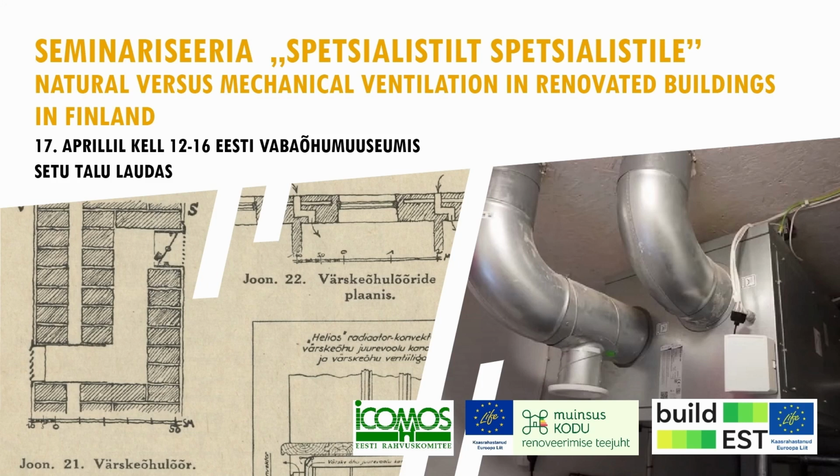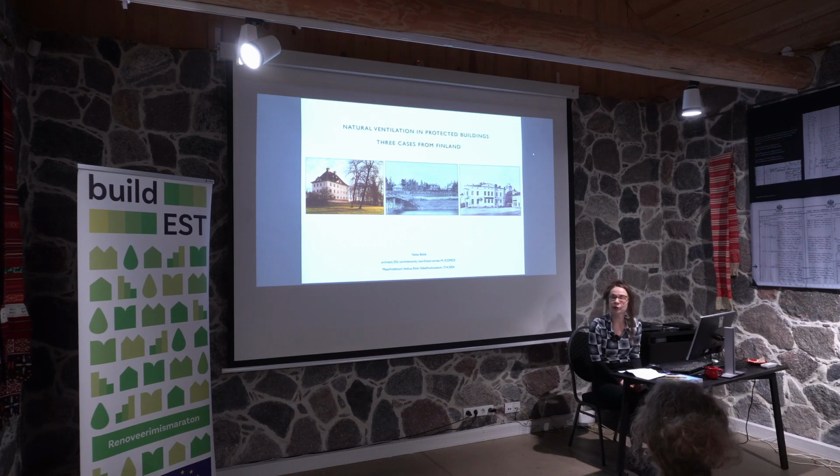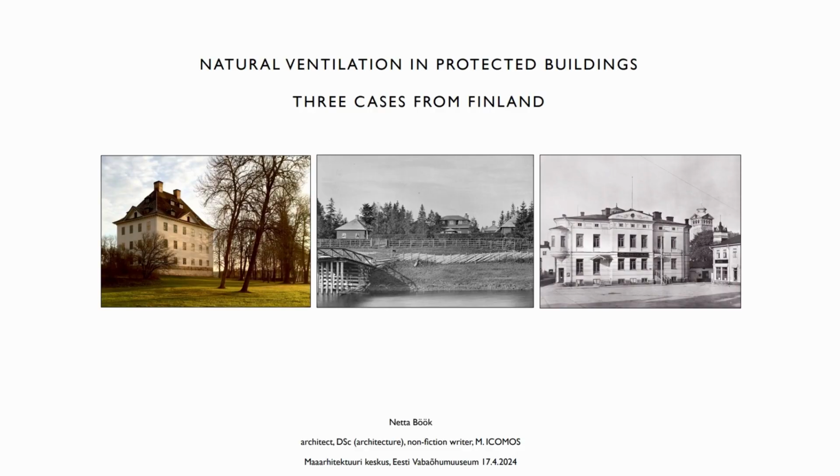So we were also asked to present a few cases where you have a protected or listed building and there are issues with ventilation. So we chose basically 3 examples from different centuries. The Lohisaari Manor on the left, from the mid-17th century. It's a museum today. And then the former main building of